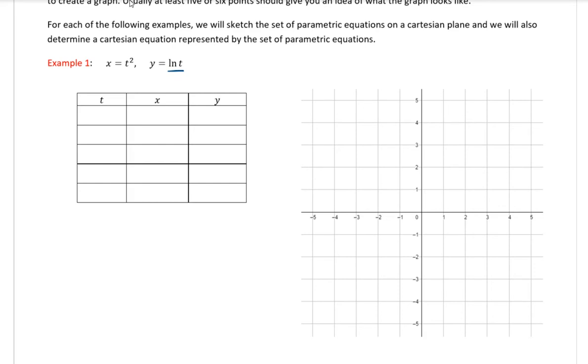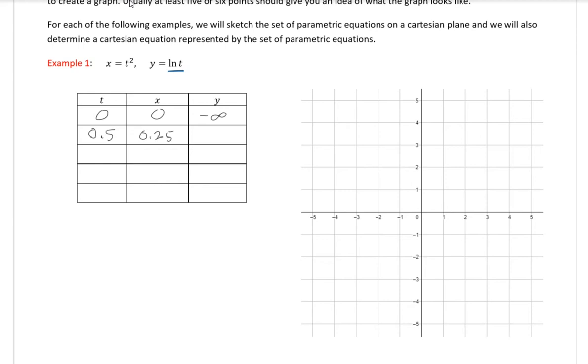Because if I were to set, for example, t equal to 0, x would be 0, but y would be natural log of 0, which approaches negative infinity. After that, though, we can get more specific values. So maybe I plug in a t of 0.5, and I get 0.5 squared is going to give me 0.25, or 1/4. And then if I do natural log of 0.25,